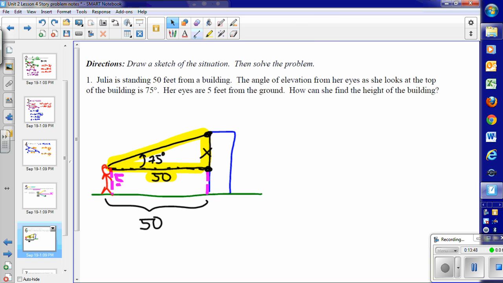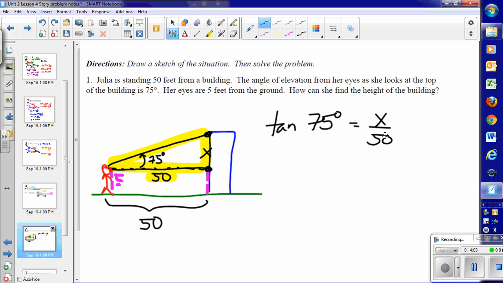So we need to do some math. We need to say x is what I want, 50 is what I have, so opposite over adjacent is tangent. Tangent of 75 equals x over 50. So x is going to equal 50 times the tangent of 75 degrees. So on your calculators now, let's do that. 50 times the tangent of 75. And I got